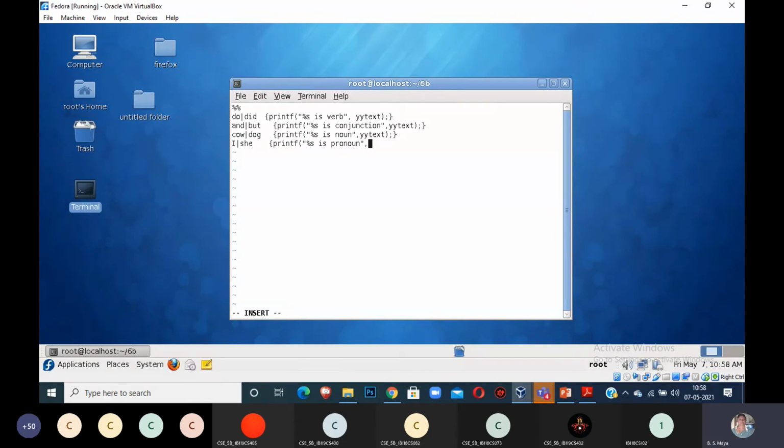I will end. Other than that, it will be taken as from, to. I am taking to as a variable. If you want to include so many things, you can include them in the program. Other than this, it will be recognized as